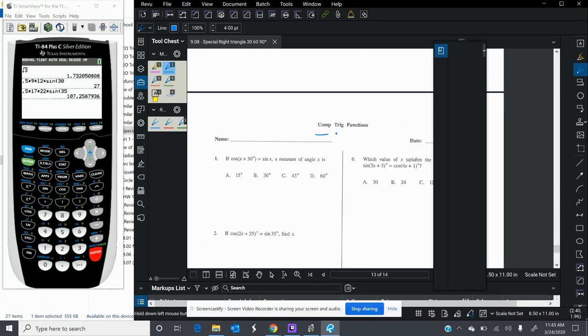Going back to complementary trig functions, remember here that a measure, let's say sine of 30 degrees equals cosine of 60, and that those two measures always sum to 90. You're going to take what's inside here next to cosine and what's next to x